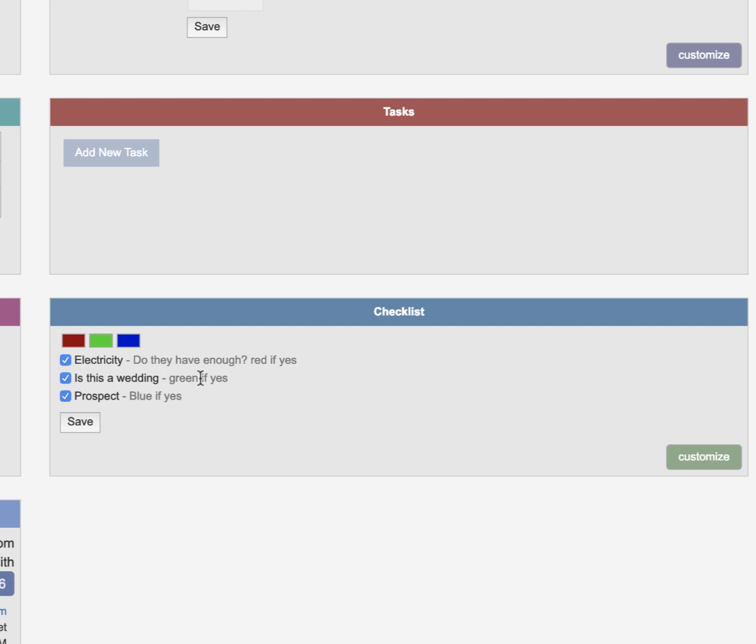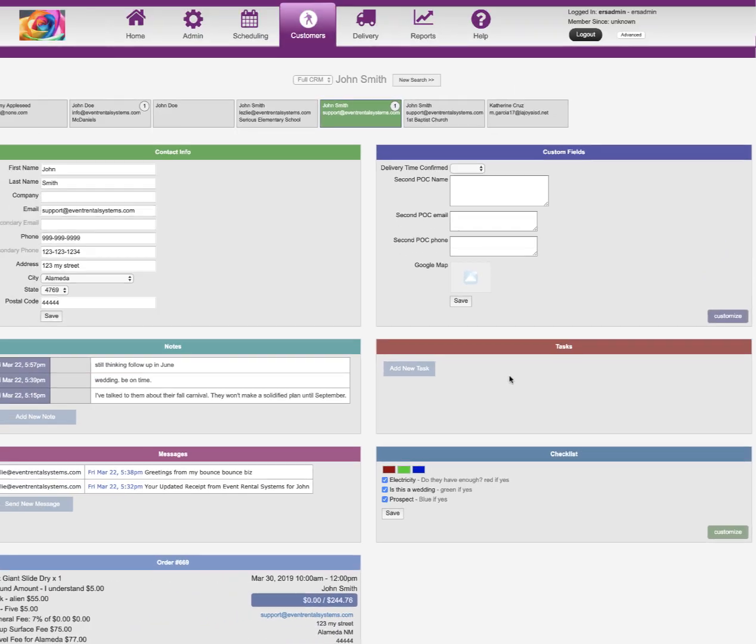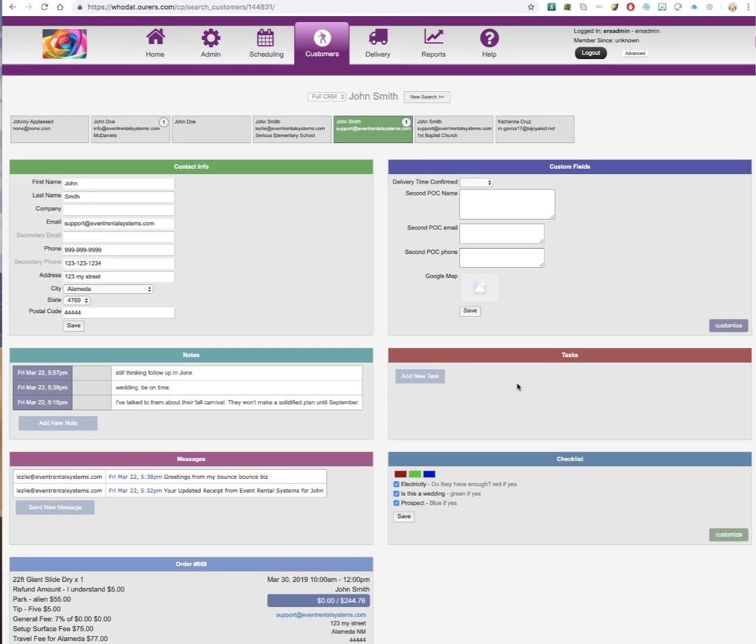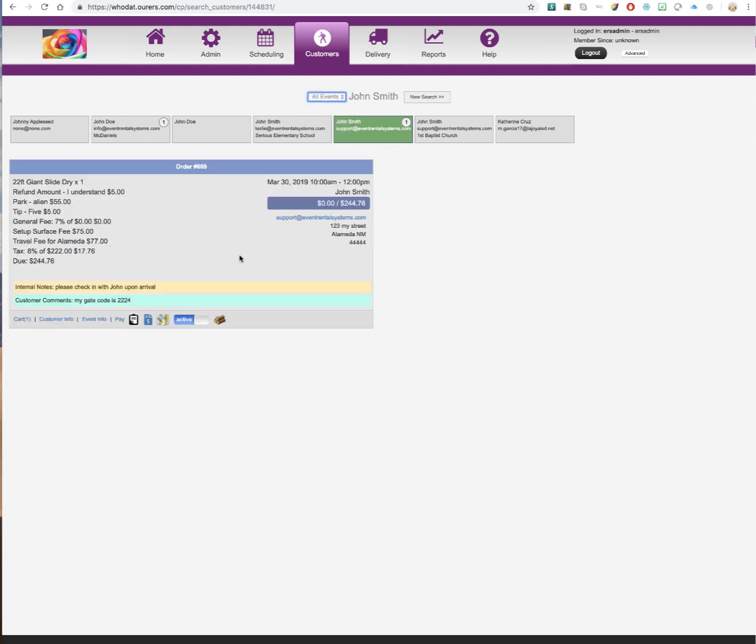So those are the color codes. You can use as many colors as you want using those color codes. And let's see, I think that should get you guys going. There's a ton of more information that we're going to be putting out, and ways that this ties in, because up here, if you go to all events and you see that event, this right here is going to end up